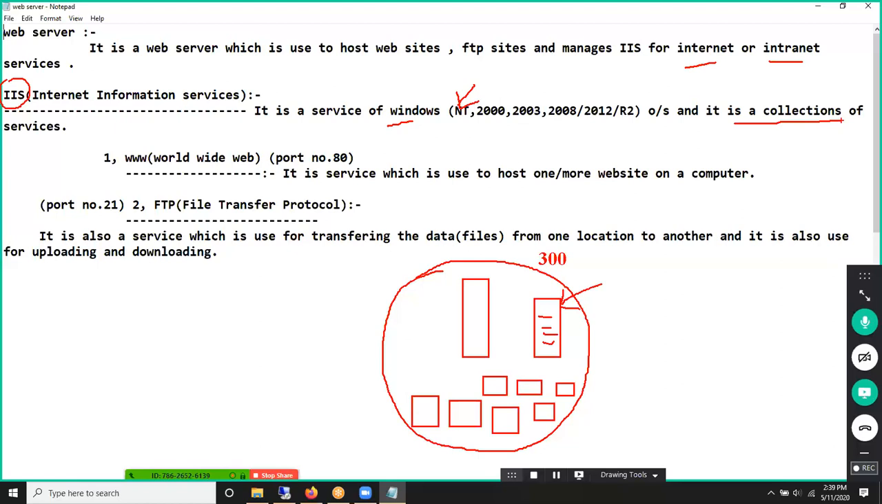Like hosting a website, we also use IIS for multiple reasons. I can use it for FTP. If I want to configure Exchange Server in my network, I also need the IIS service. If I want to configure SQL Server, I also require the IIS service. So in short, whenever you want to access something from a browser,